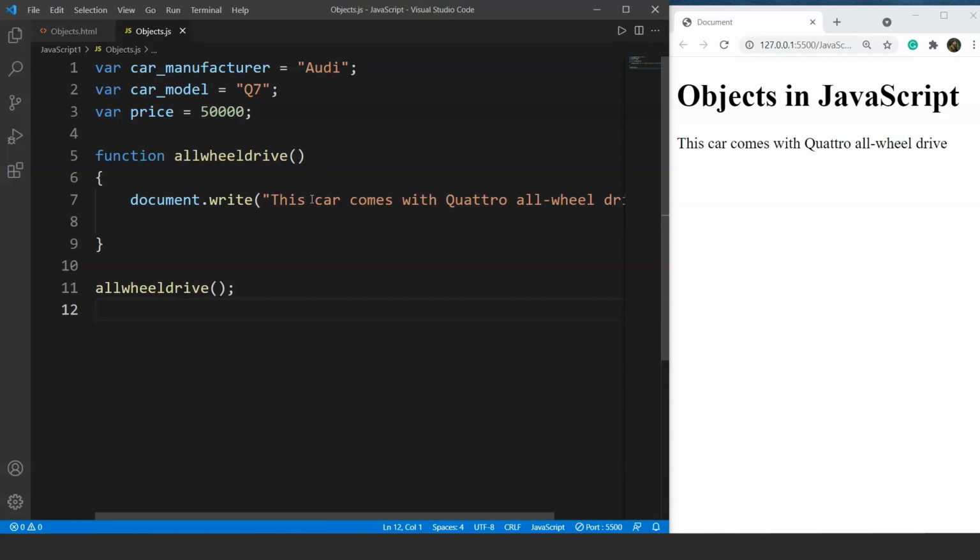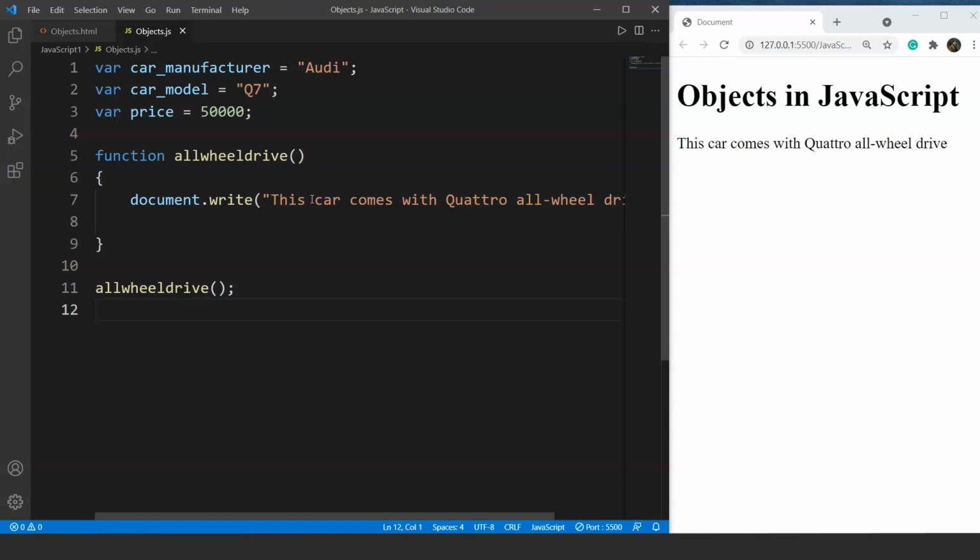Imagine we are doing this for a list of cars. Then it goes on and on. So this is the most inefficient way of tackling this problem, right? This is where the concept of objects comes into play. These objects help us to bundle all these properties and attributes about one particular entity. If we talk about this particular example of a car, we can put all these properties and many other properties like car weight, car color, and so on together under one name and make it an object.